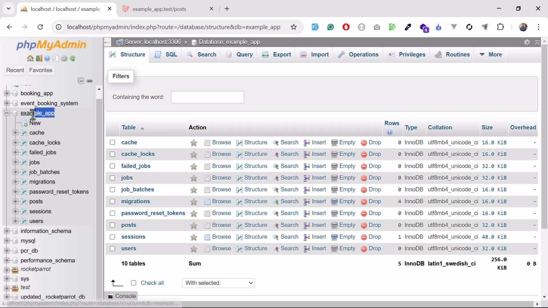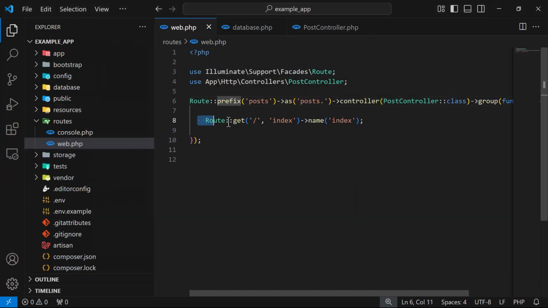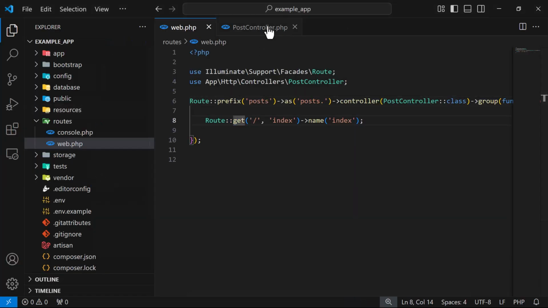Hey guys, in this video we will learn how we can connect multiple databases with our application, and we will also perform the operations. So I have one database, which is example app, which is connected with this application, and it's a pretty basic application where I have a route, and then I have